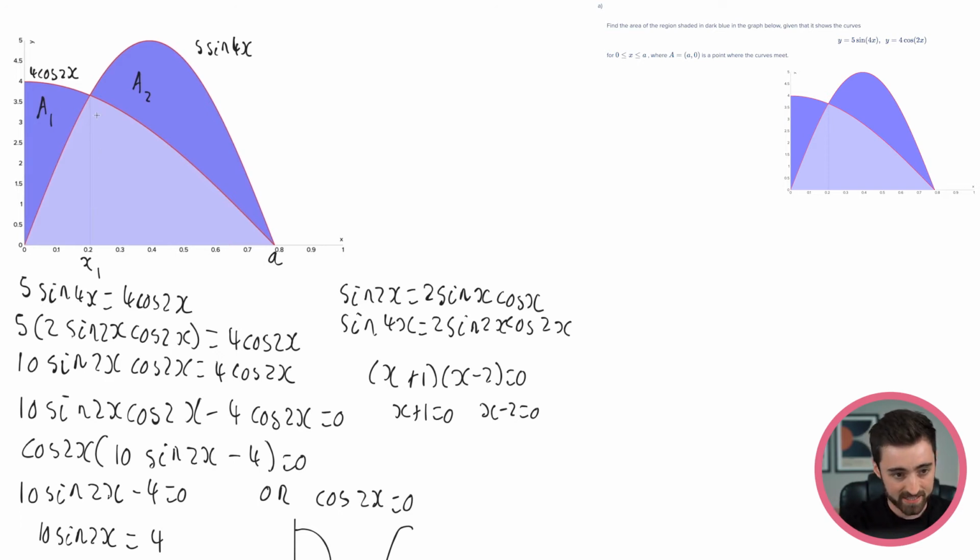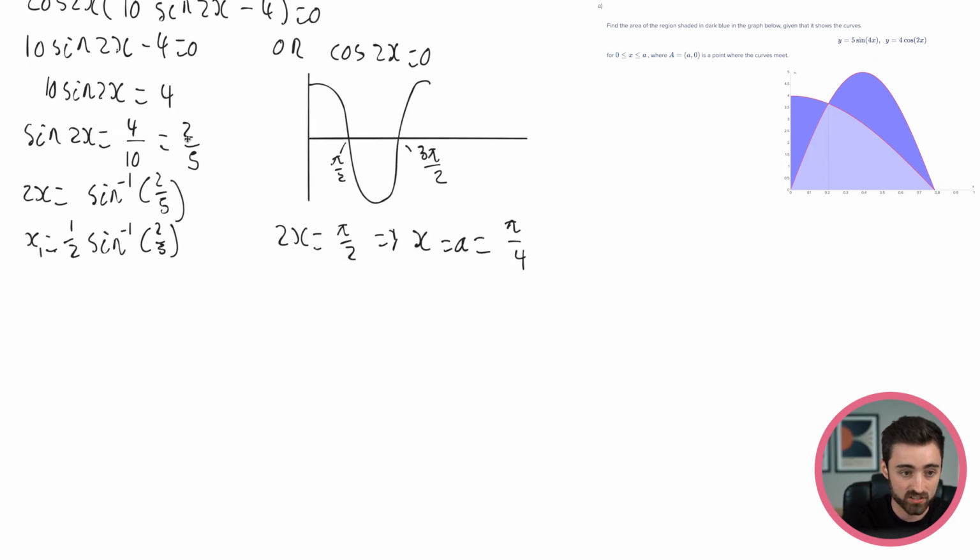Let's have a think about these areas. For A1, what graph is on top? The graph of cos is on top, isn't it? And that's really important, because that means that the area of A1 is the area underneath the cos graph. So that's everything here above the x-axis. But then we've got all this extra, haven't we? We've got this thing in light blue. So we're going to have to take that away. And that happens to be the area underneath the sine graph. In other words,